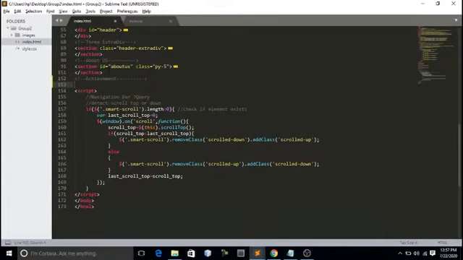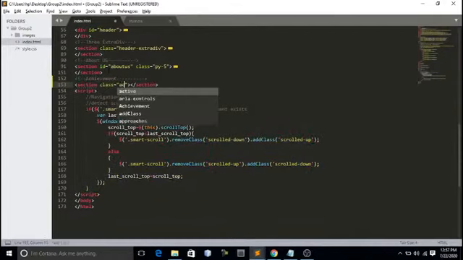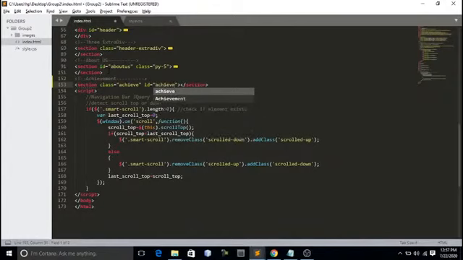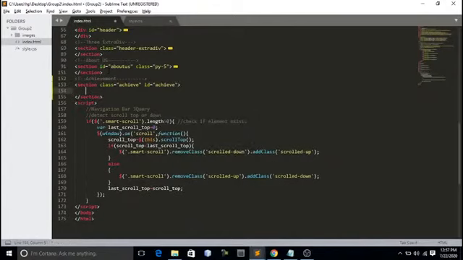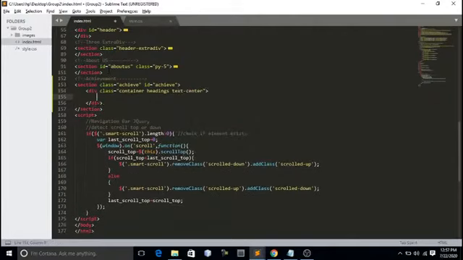First, I need to create a section, and I am giving the section class achieve, and I am also giving one ID achieve. Inside that section, first I am creating a container because I want to keep it in the container class container, and here itself I am giving the container a class name headings just like previously, and text center, meaning whatever I write inside the container will automatically go to the center. Then here